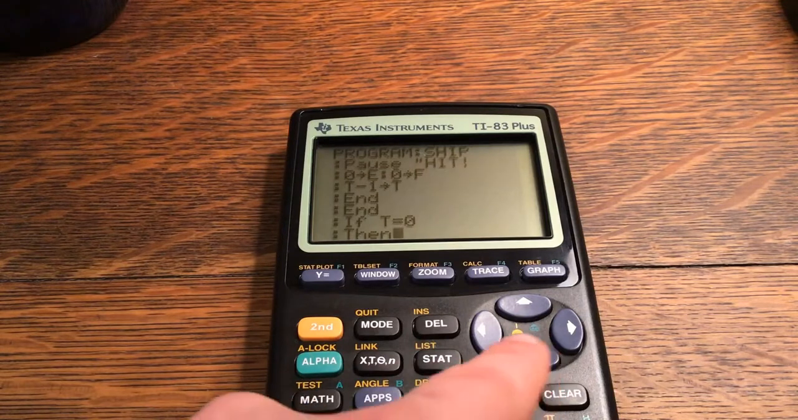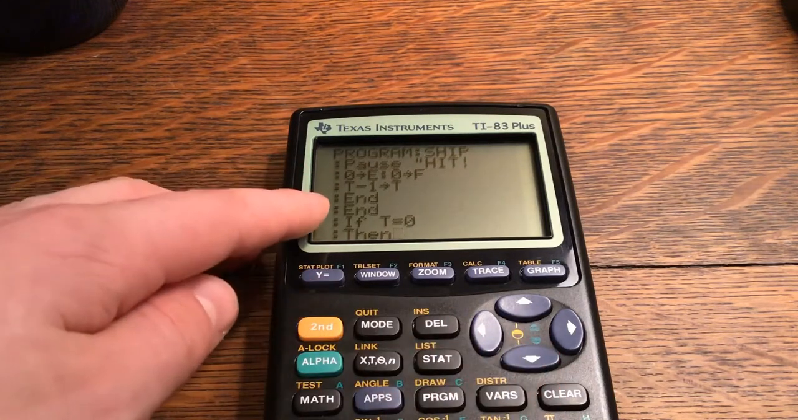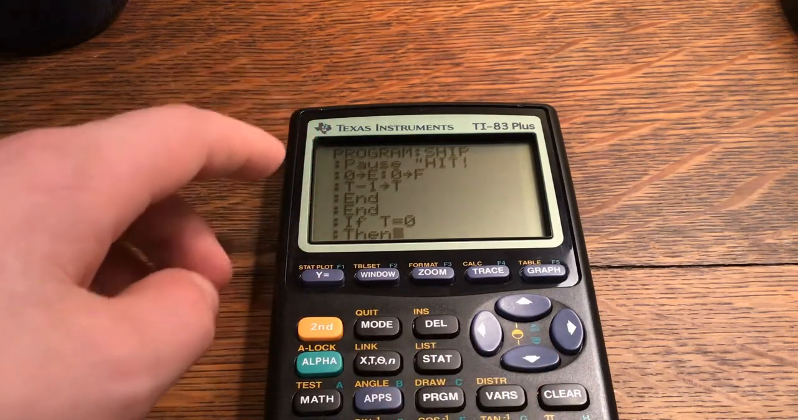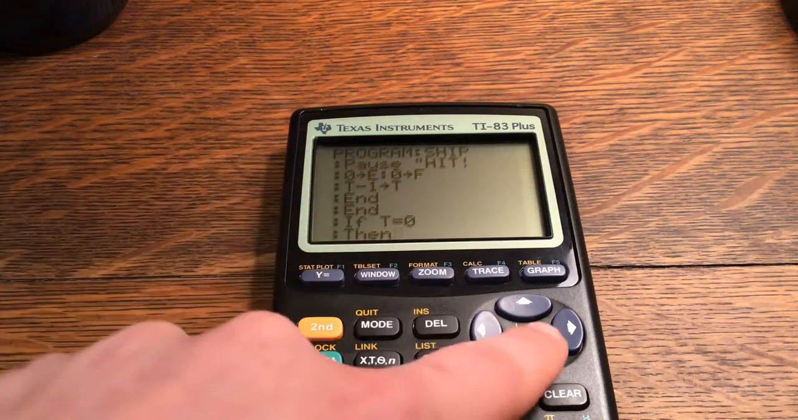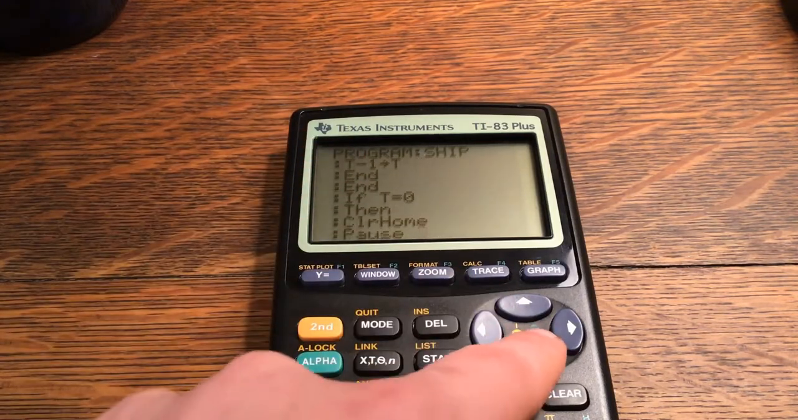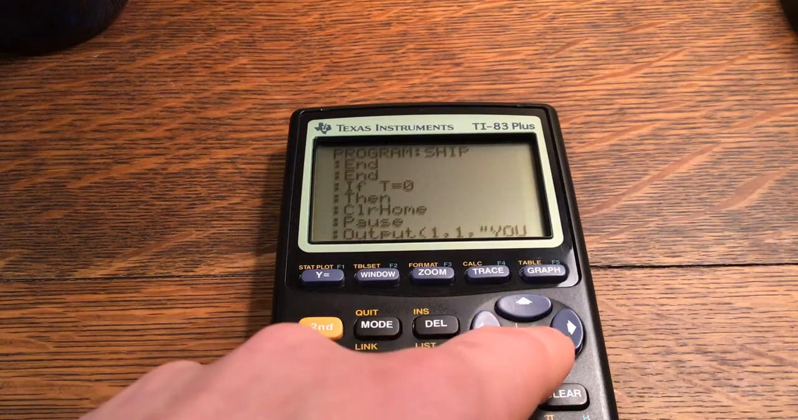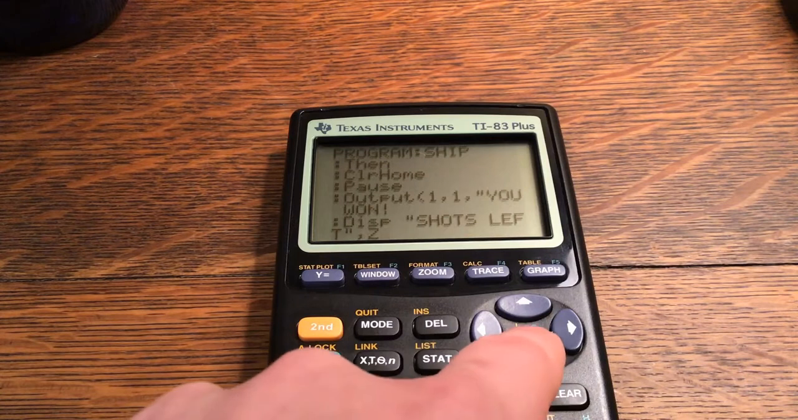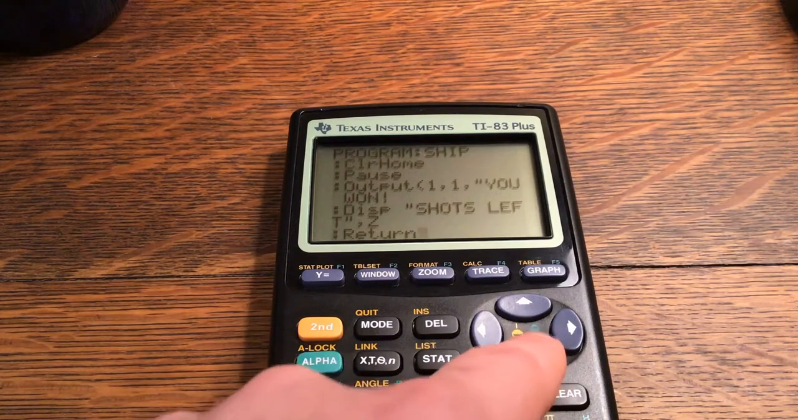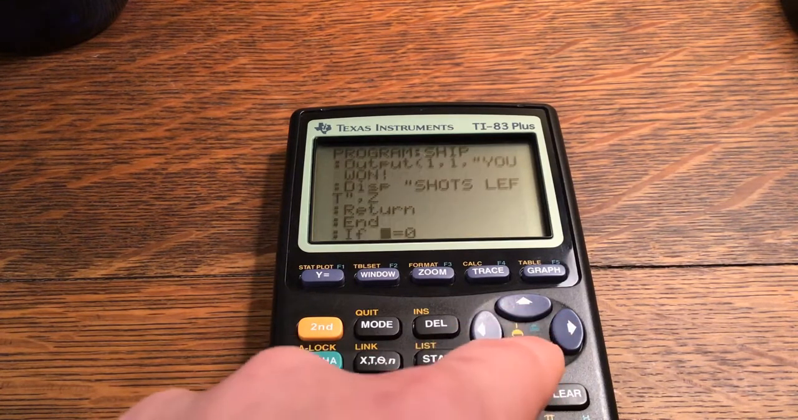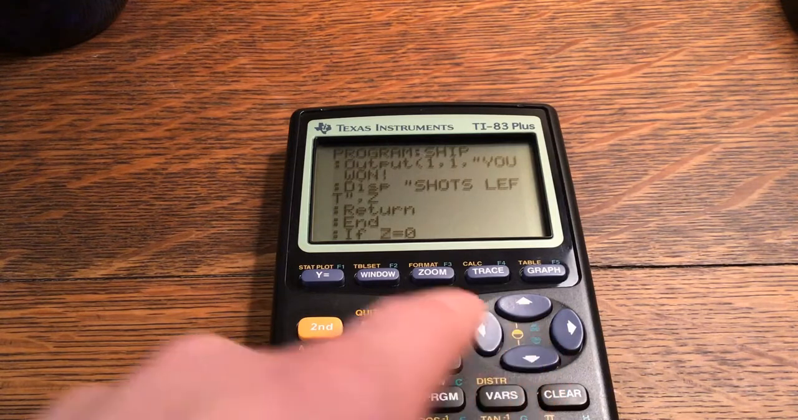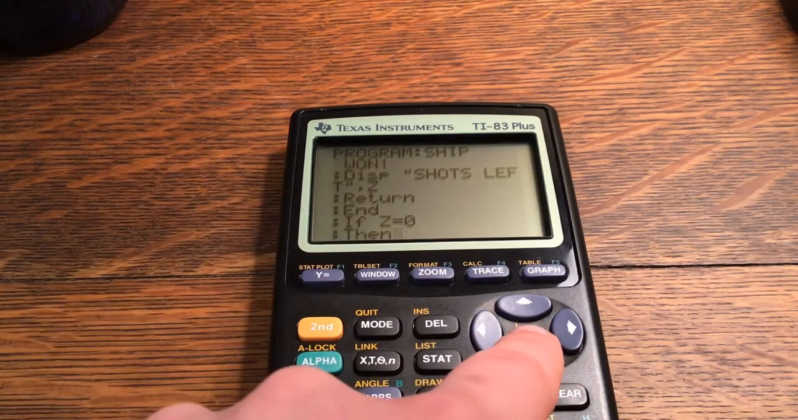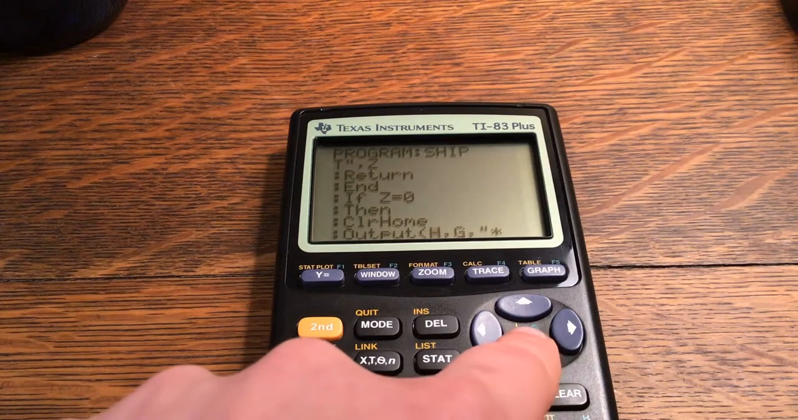So if t is equal to 0, so if the ship number, which remember we're subtracting, gets to 0, then clear home, pause, output 1, 1, U1, display, quote, shots left, comma, Z, return, end. If Z is equal to 0, so if your shot number is equal to 0, then clear home, output